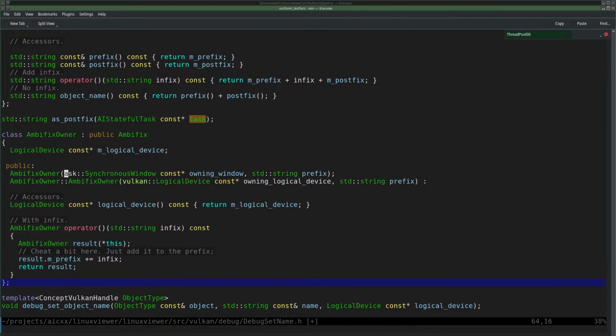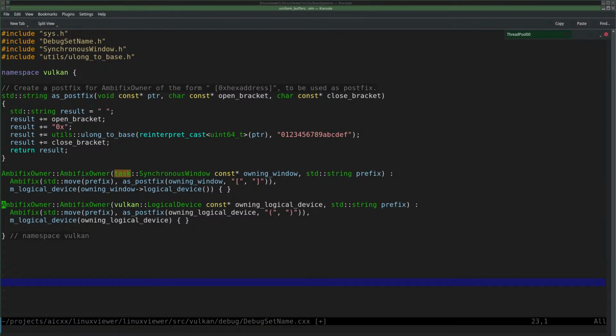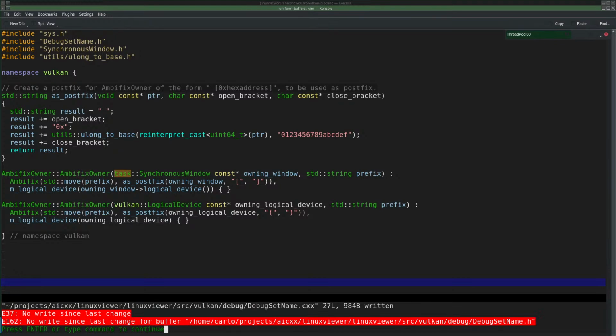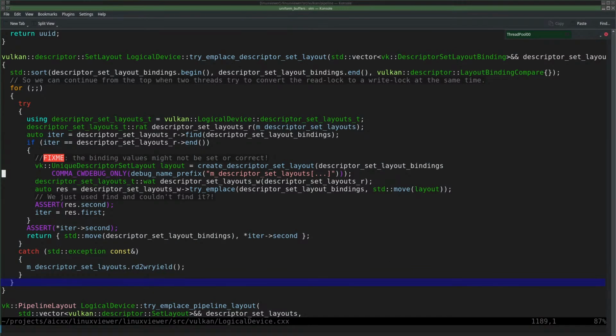And fix this because I changed this to a void pointer, didn't I? No, I did not. Owning window, and this one becomes owning a logical device. Okay, for the rest it's the same. That should work. I don't know, did I not? I feel like I forgot something, but